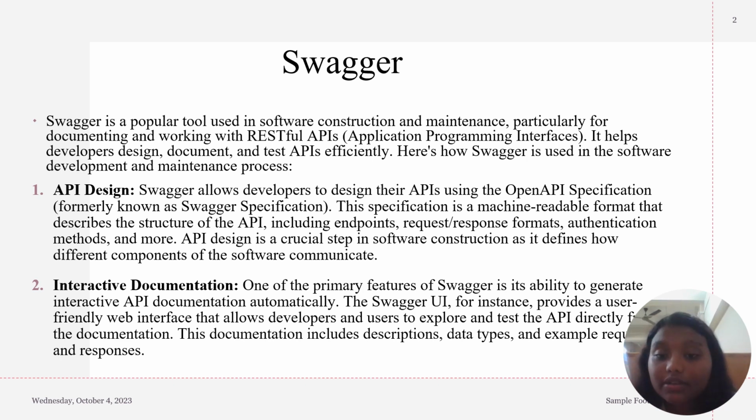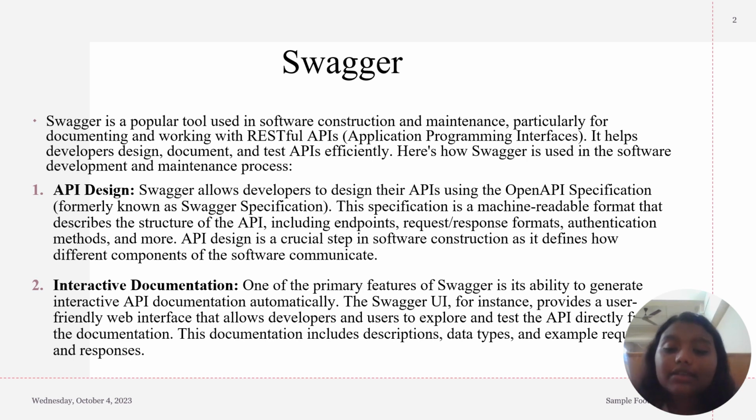The specification is a machine-readable format that describes the structure of the API, including the endpoints, request and response formats, authentication methods and more. API design is a crucial step in software construction as it defines how the different components of the